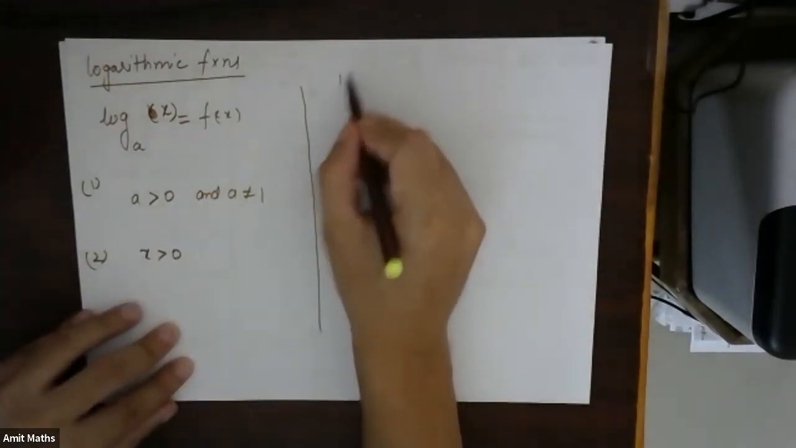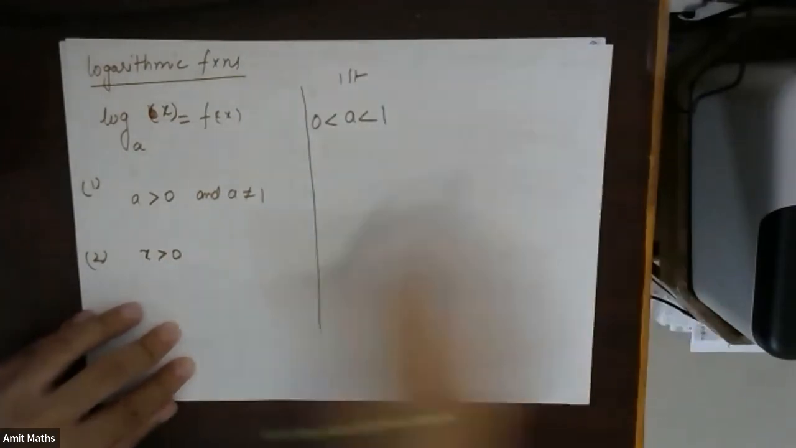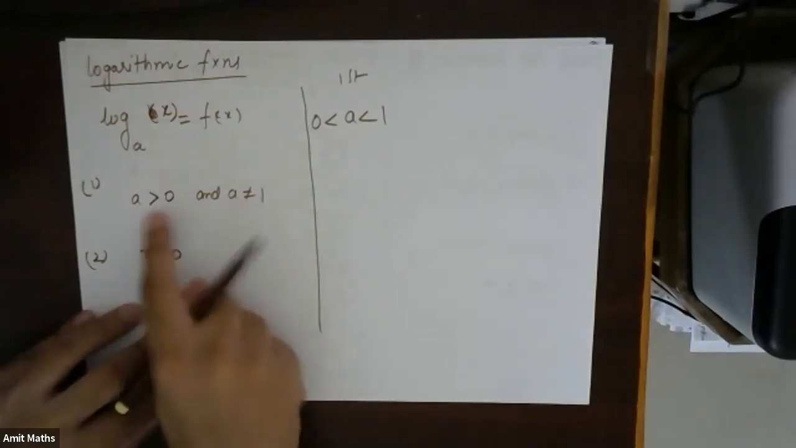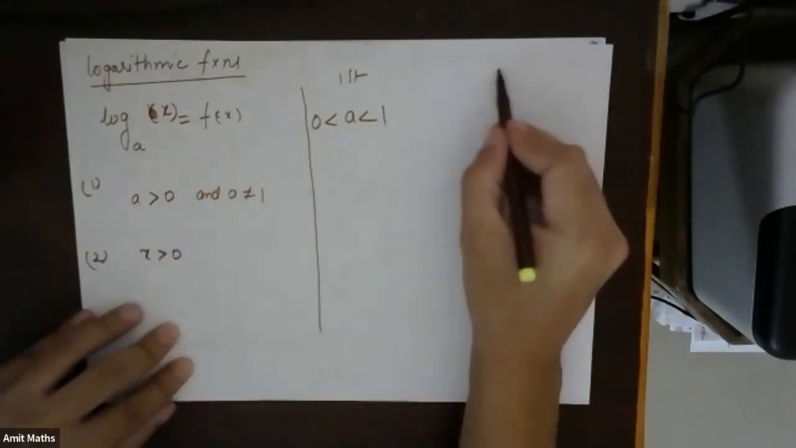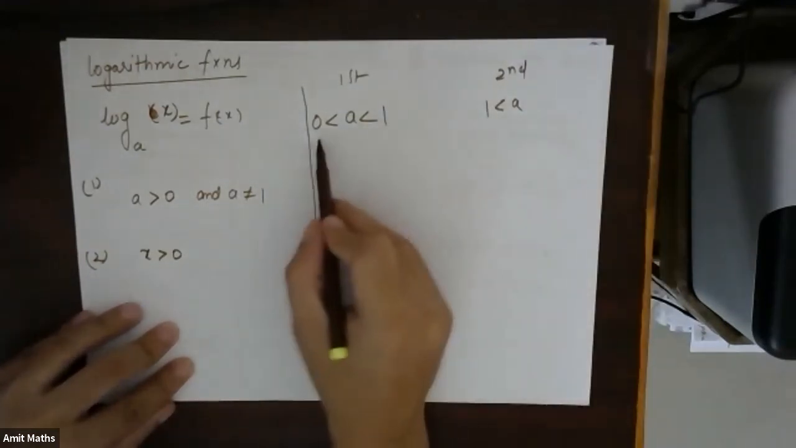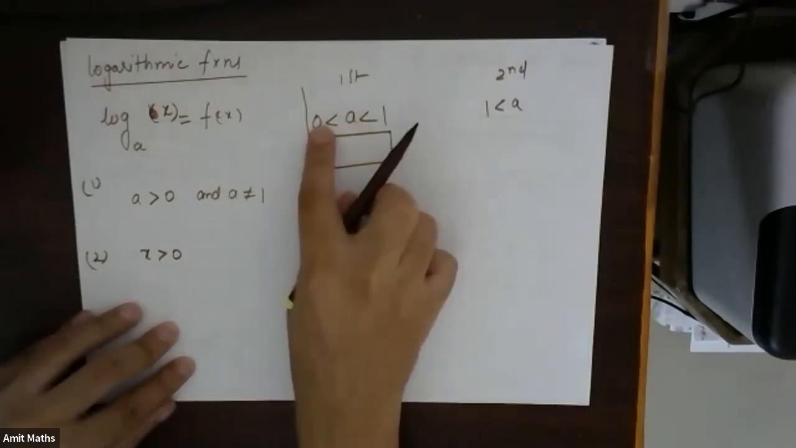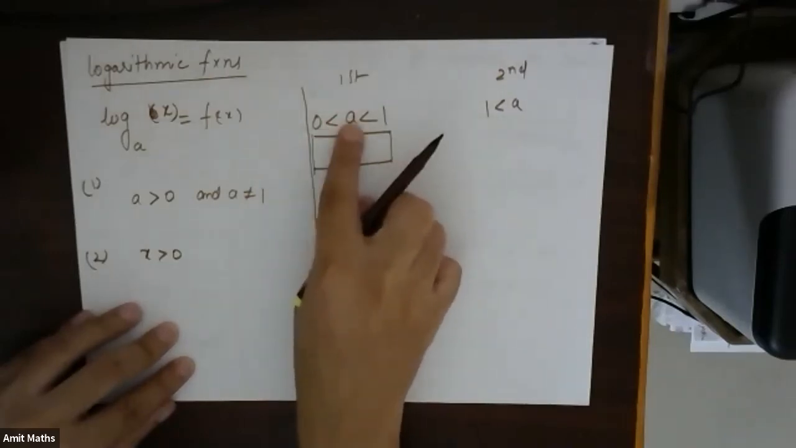First part is when a is greater than 0 and less than 1. Why a should be greater than 0 and not equal to 1. So a can be greater than 0 or less than 1. Second part is when a is greater than 1. Now if you remember, this is the base. This base when a is greater than 0 and less than 1,